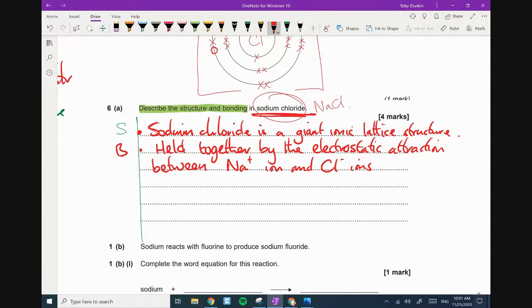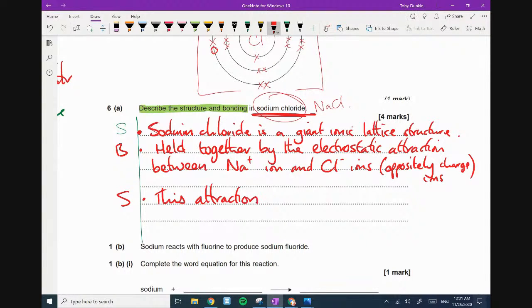They've put me in a context, folks. So if you'd put oppositely charged ions, they probably wouldn't mind that. But since they've given me a context, I may as well say who the ions are, because we know them anyway. Next, strength. This attraction